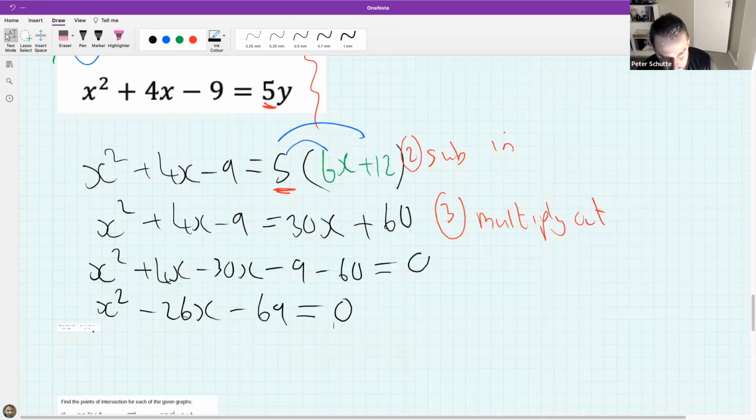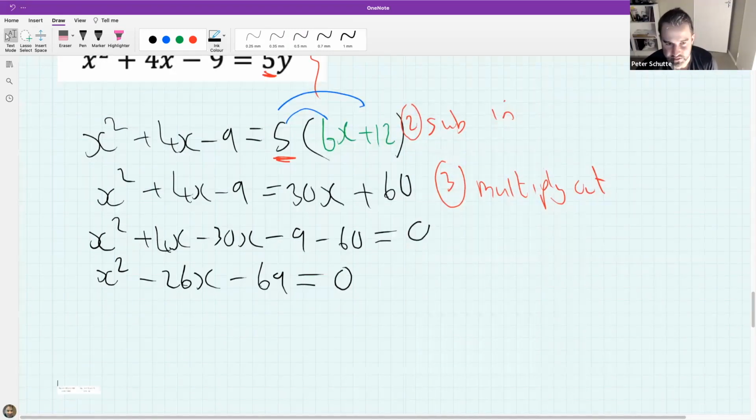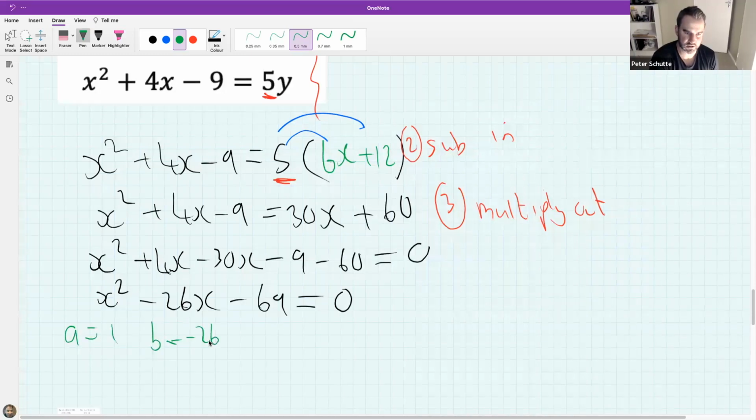Now I need to solve that. Now, if I could factorize it quickly, I could just factorize it. But I think part of me feels like, oh, this is the formula, because the numbers are big here. So it's not easy to see how I would factorize this. So I'm going to say, look, it's a quadratic equation. I'm going to use this thing called the formula, because it can handle any number, no matter how big it is. And so if we do that,